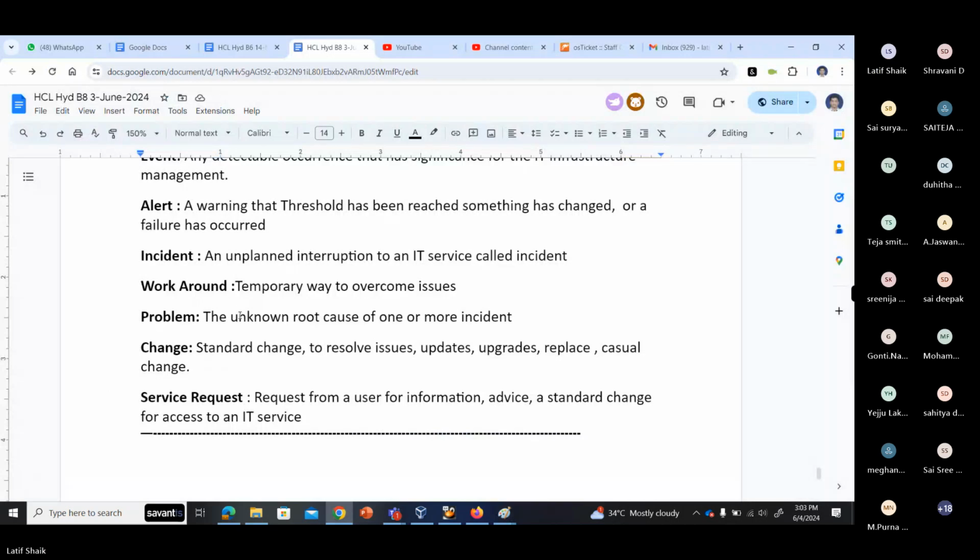Problem. What is a problem? A problem means the unknown root cause of one or more incidents. An incident occurs, and you try to resolve the issue, but that incident may occur again, or maybe one or two instances have some root cause. So if you resolve the root cause of that issue,